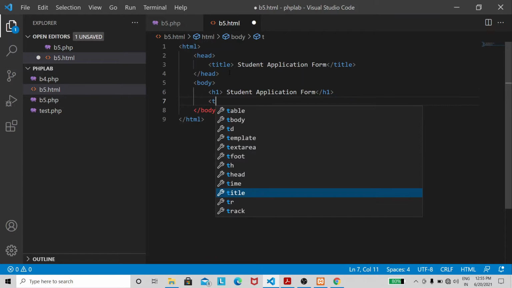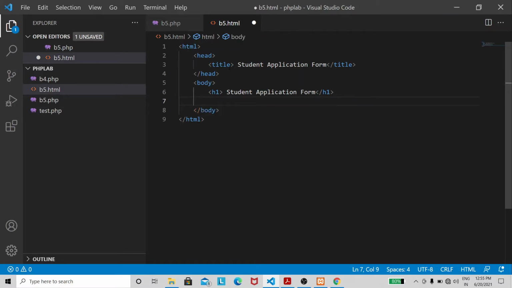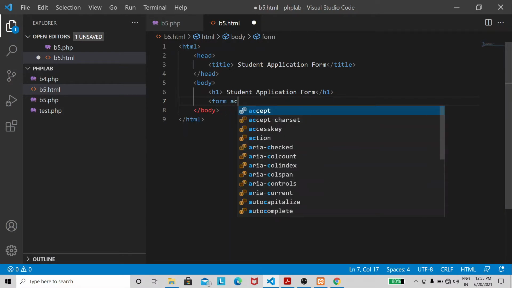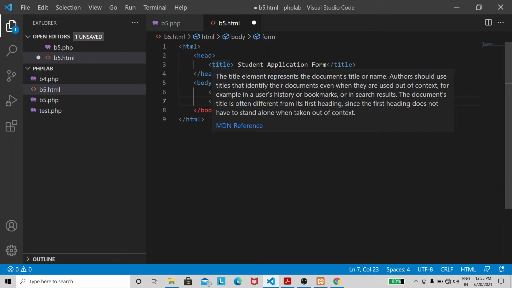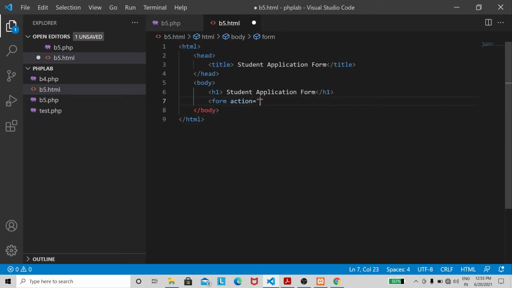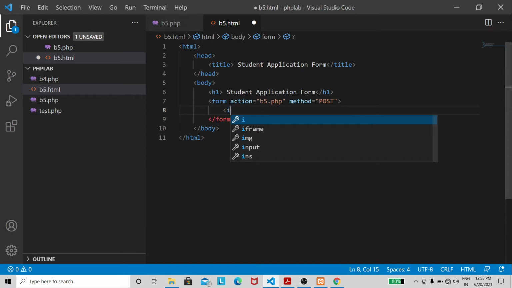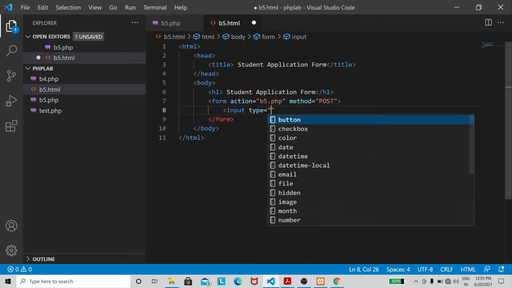Now let's design a form. Action is equal to, we need to send the data to the b5.php page which is residing in the server. Method I'm going to give it as post because we are sending large amount of data. Input type is equal to text.